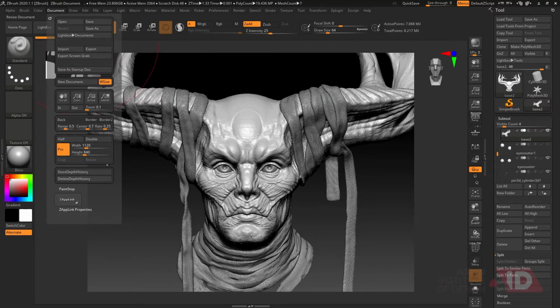So this is something you can go to Document and check. What is the exact size? 1120 by 840, which is quite low resolution for a render. Suppose you want 4K, or maybe a 2K render. Then you have to increase the resolution of this window, and then you can render, because whatever you are going to render, that final output will be of this size.